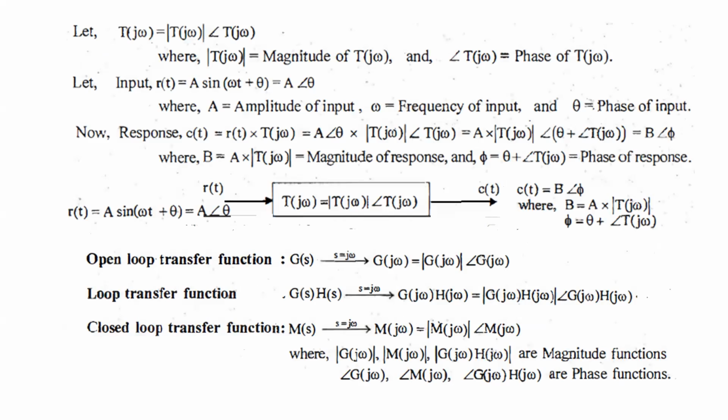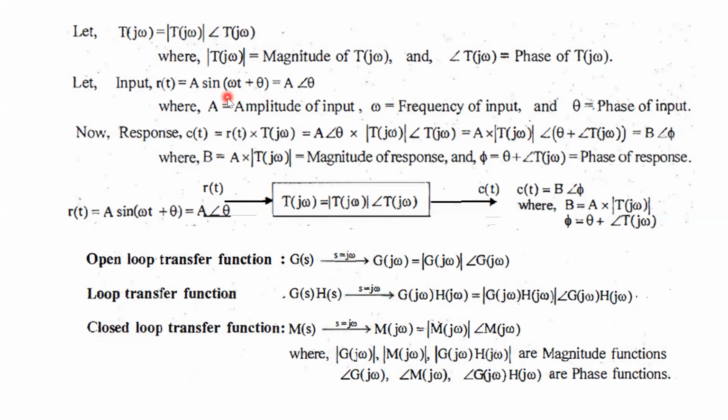Whenever we talk about T of j omega, you have the magnitude component, and it is r comma theta. Any complex value will have the form r comma theta. So you have T of j omega as well as the angle component, like r comma theta, where the magnitude of T of j omega represents the magnitude, and this is the angular part, the phase part of it.